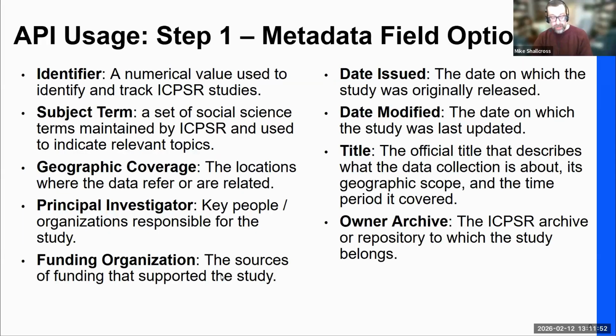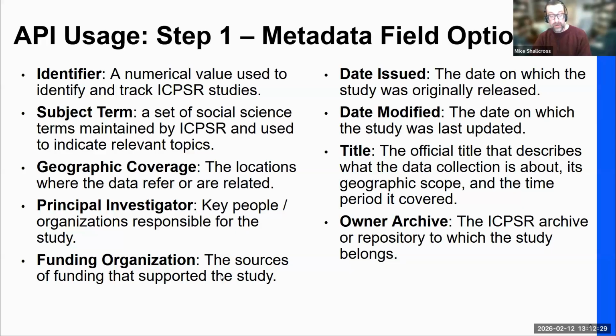There are 9 metadata fields that can be used individually or in any combination to identify ICPSR studies of interest in an initial API request. These fields, which the API refers to as attributes, include the study identifier, a unique numerical value used to identify and track ICPSR studies, subject terms, a controlled list of social science terms maintained by ICPSR and used to indicate topics related to the data, geographic coverage, which is the geographic locations where the data refer or are related,